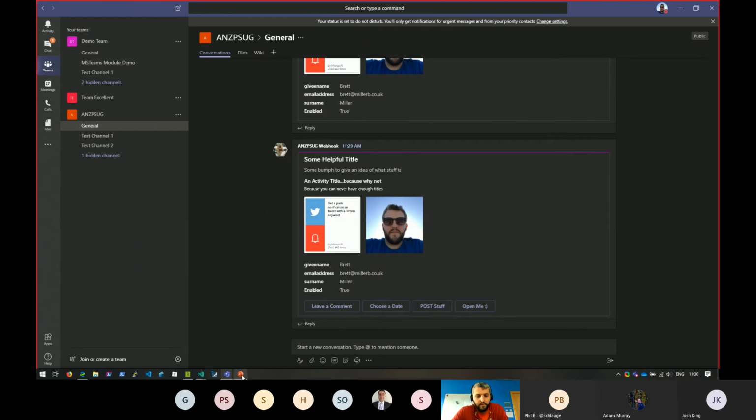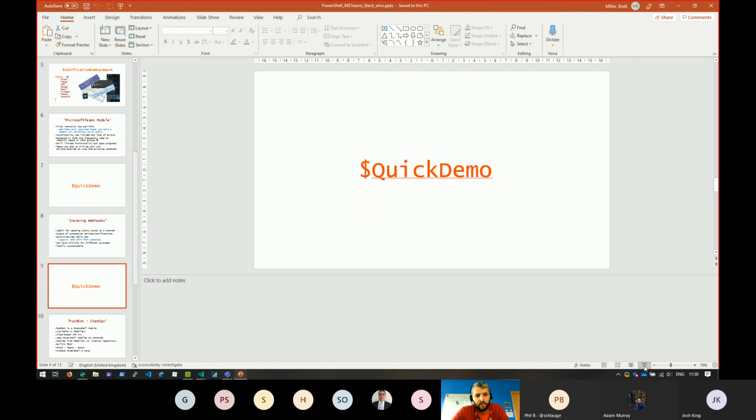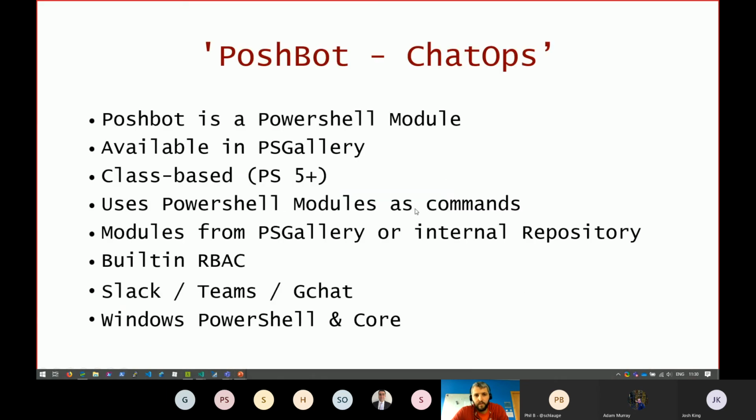Let's go back to my demo and start from where I was. Okay, so Pushbot is getting a lot more attention than when Brandon first released it. It initially only had a Slack backend, but he's ported a Teams backend to that, which is slightly more complex than Slack, which I'll quickly go over as well in a bit.